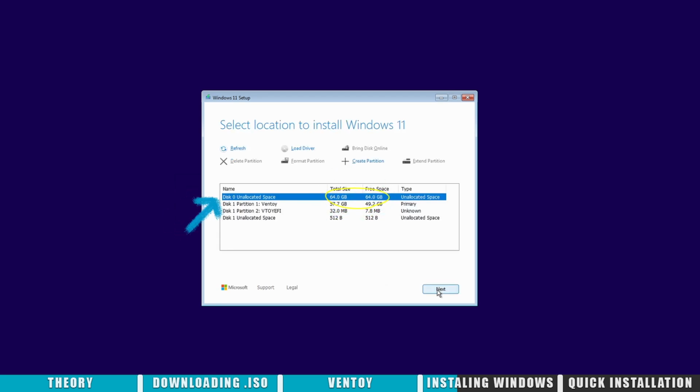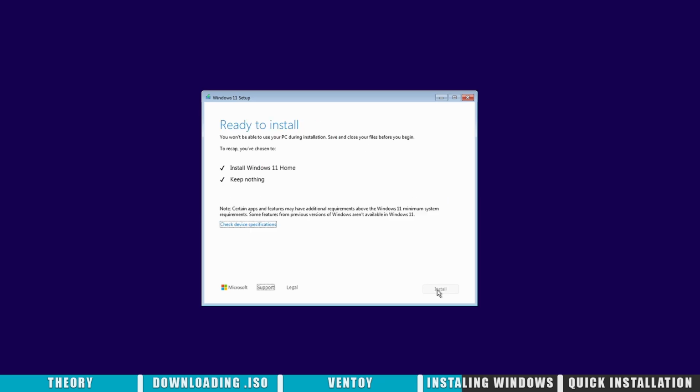Here, be very careful not to select the wrong disk, as all data on it will be erased. Choose the correct one, format it if needed, and click Next. Next.